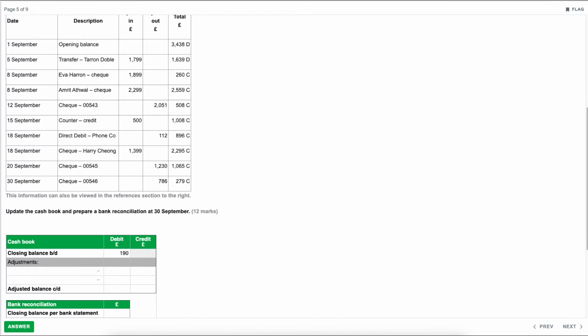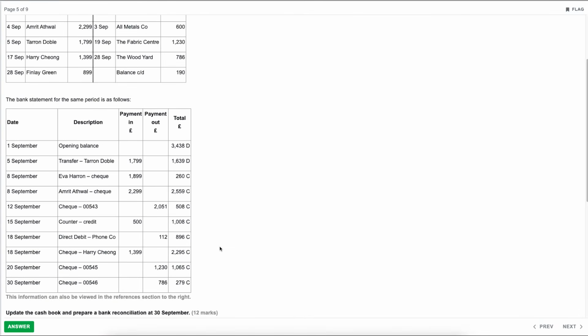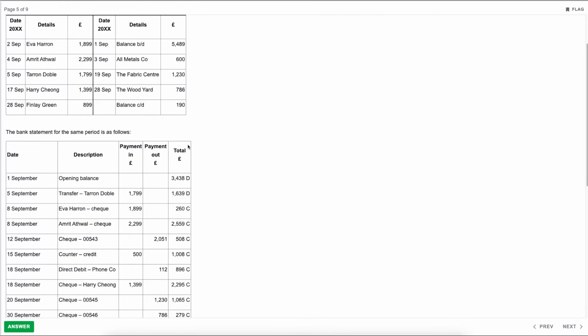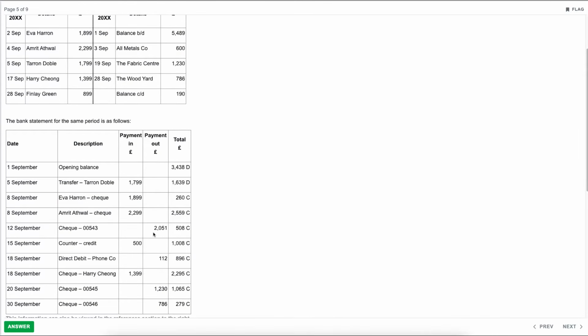Okay. So let's now do our adjustments, so our updates to the cash book. So all we want to do is compare between the cash book and the bank statement and basically have a look what's on the bank statement that isn't in the cash book. Okay, and then we can update the cash book with those transactions. Okay, so let's do our quick reconciliation. So we've got 189 there and 1899, so that's correct. 1799, 1799. We've got 2299, 2299. Check 2051,